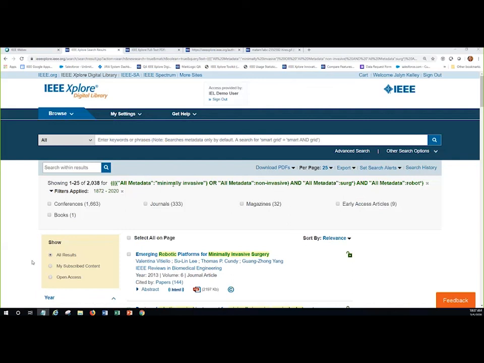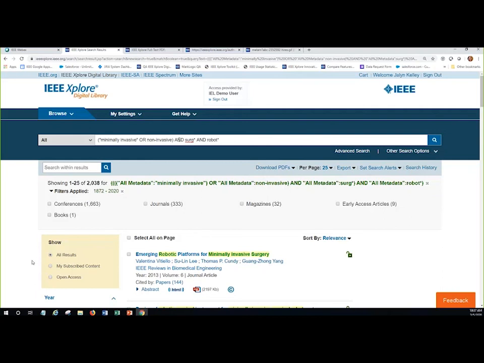Now, I should point out that the global search box does actually support this type of searching as well. So if you're just doing a metadata-only search and you really like to be in control of the nesting and typing in your own search terms and operators, you can do that on this search box as well.